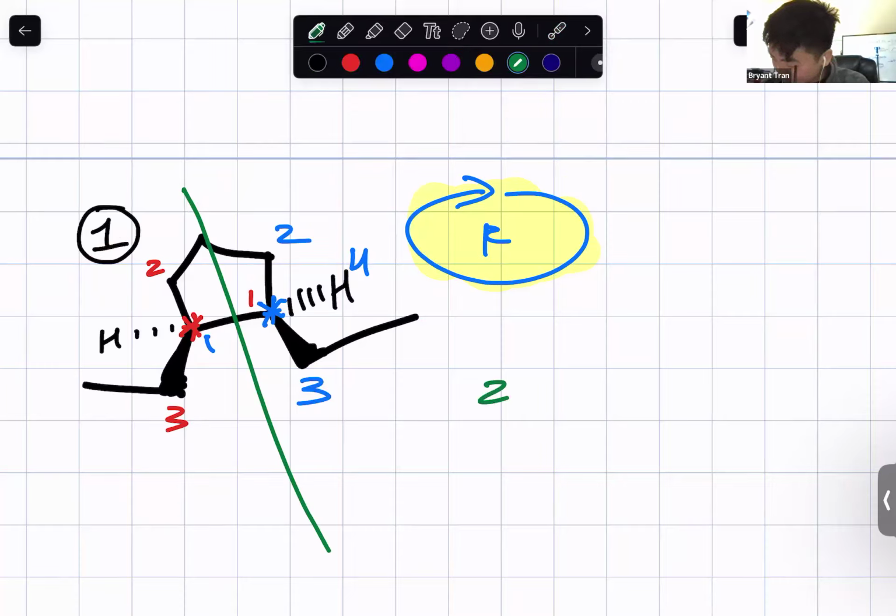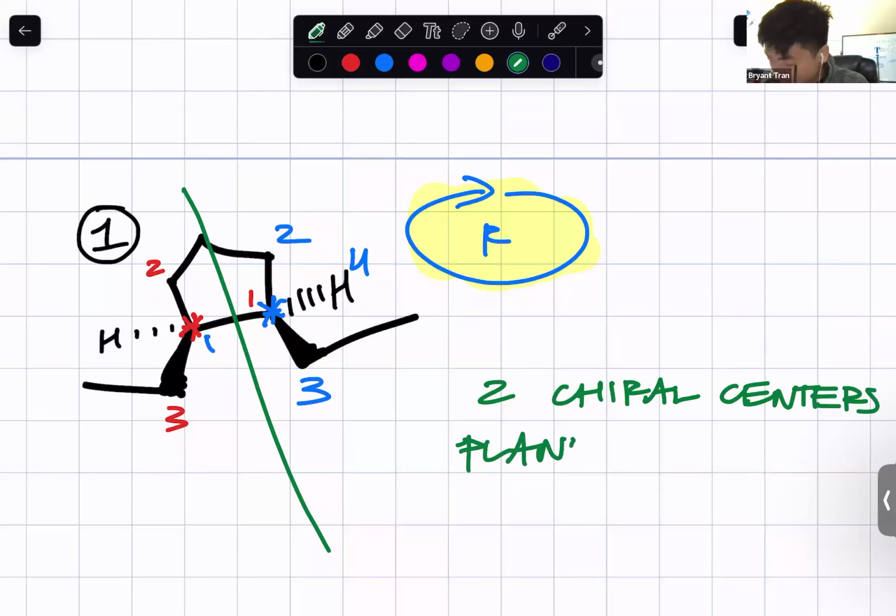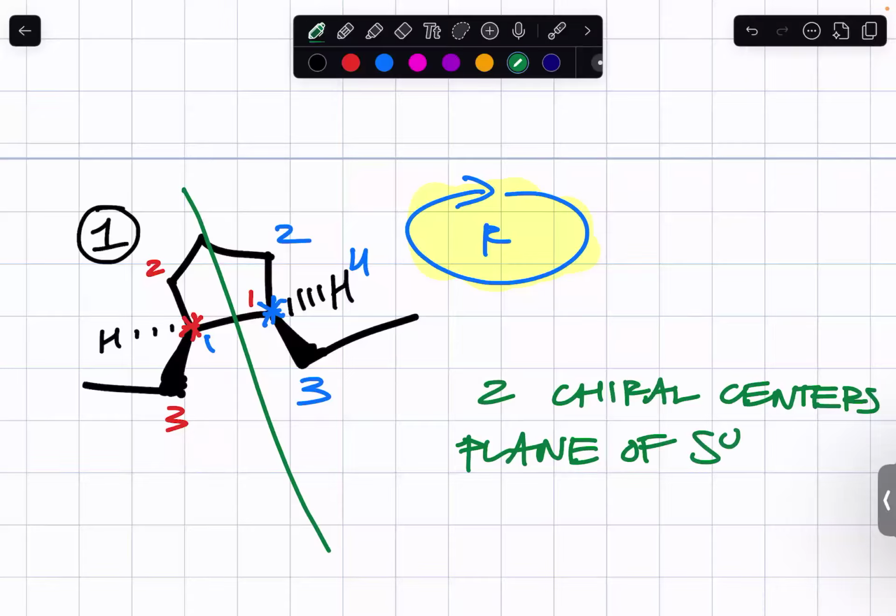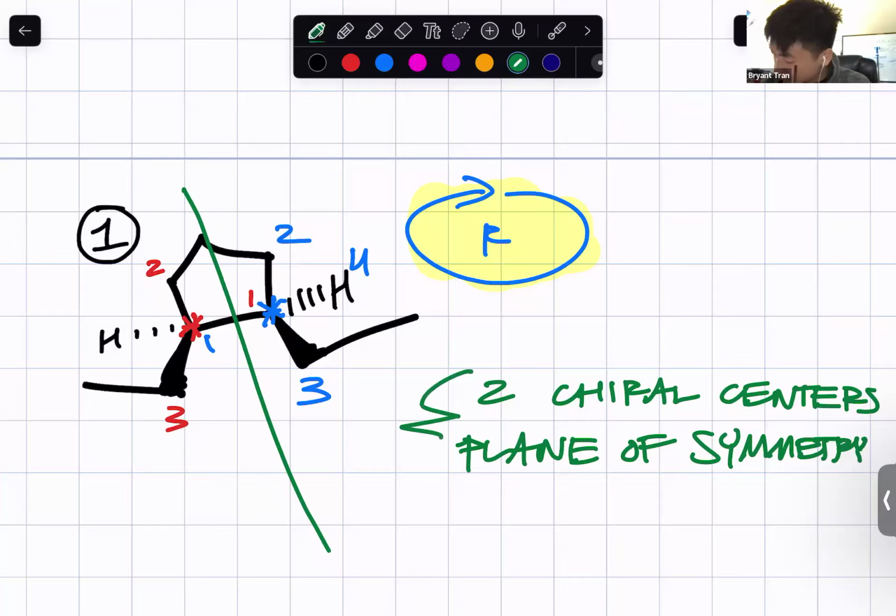This molecule has two chiral centers and a plane of symmetry. It starts with an M. Meso. So this molecule is meso, right? Because it has two chiral centers and a plane of symmetry, this is considered a meso